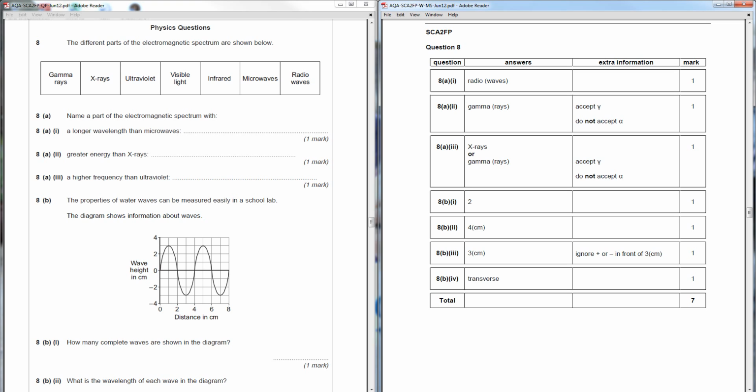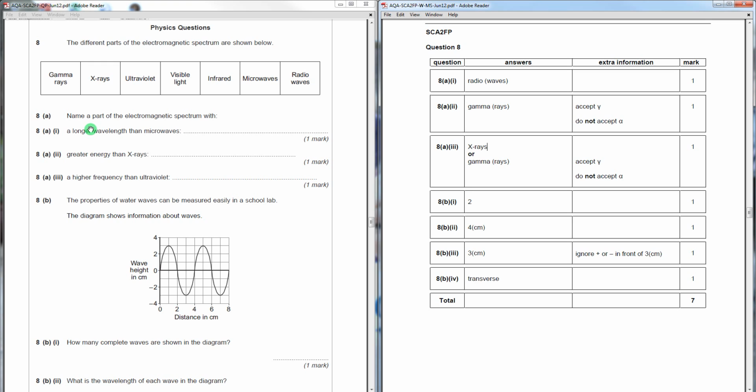So question 8's quite a lot of recall and applying information that you've remembered to the diagram you can see. It's on section 1.5 of the syllabus, the waves section, which is when you did that in year 9, so you might find you need to go back and look just at learning the facts from this part of the syllabus. So the first thing we've got here is the electromagnetic spectrum, and the first 3 parts ask us to